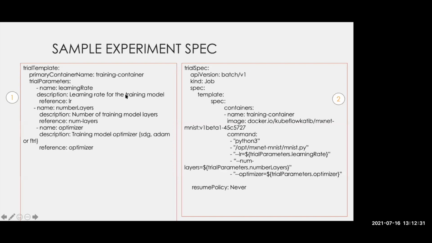And once you have defined that, what you have to make sure is to provide that as a command line argument, or there is an option to use that as an environment variable inside your container. So here on the right, you could see that on the command line,